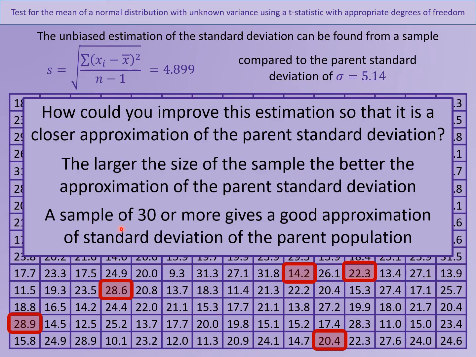If your sample is bigger than 30, you can accept the standard deviation as being pretty much the same as the parent. All right, pretty much the same. And it also doesn't matter what the distribution is when you take samples of 30. Right, so